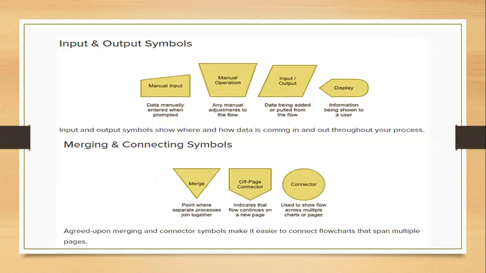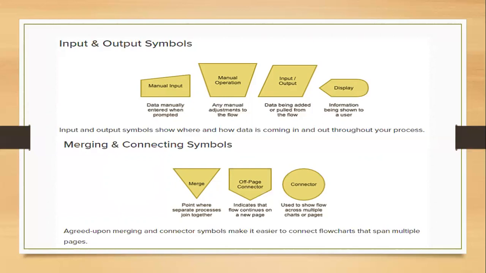Next thing is input and output symbols. There are so many ways to put input into a system, and so many ways to get output from a system. We can do it manually, with computers, or by implementing that particular portion. So there is a random way as well as a manual way. Whatever they are using, it will be represented in a different format. So if the data is input manually, then the first symbol represents it: three lines with a diagonal inverted line on the fourth side.